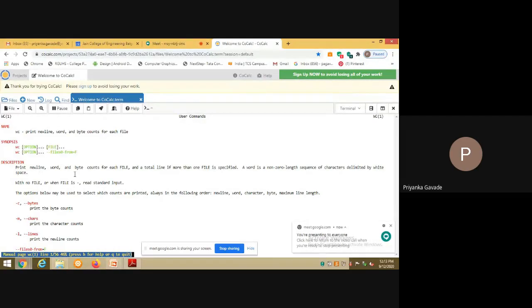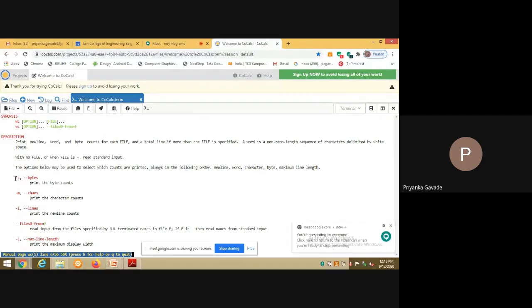So now, WC has a various set of options here. If I say WC minus C, then it is going to print the byte counts. Okay, and if I say WC minus M, then it is going to print the number of characters in the input, right?